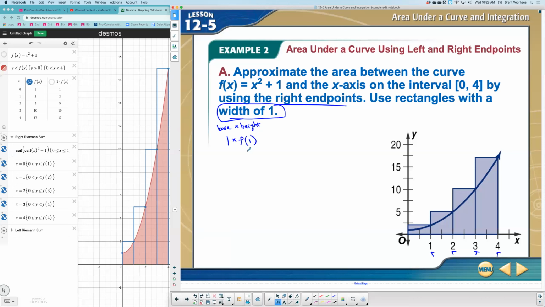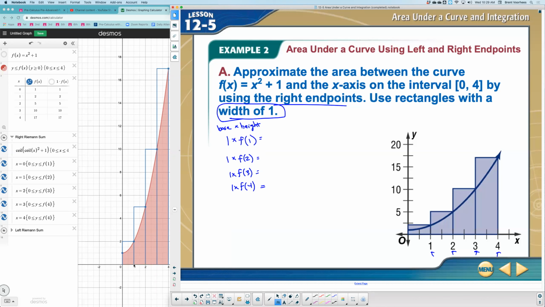So 1 times f of 1, and then again a base width of 1 times the height of f of 2, 1 times f of 3, and 1 times f of 4. Those are the values I'm going to add together, or sum together, to get the exact area here. So if I go over to my calculator, I can find out that this first width would be